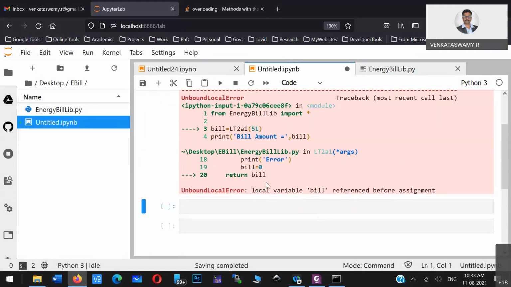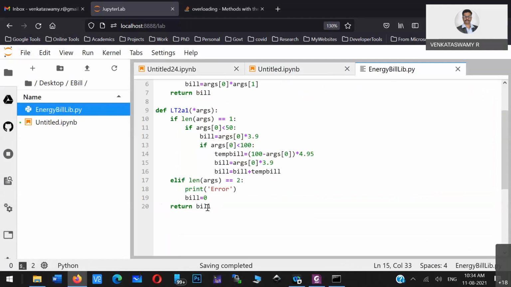So where is the return bill? There is some error. What is that error? So this should not be a problem. Now the number of units I am just deducting, multiplying by 4.25, that's all.